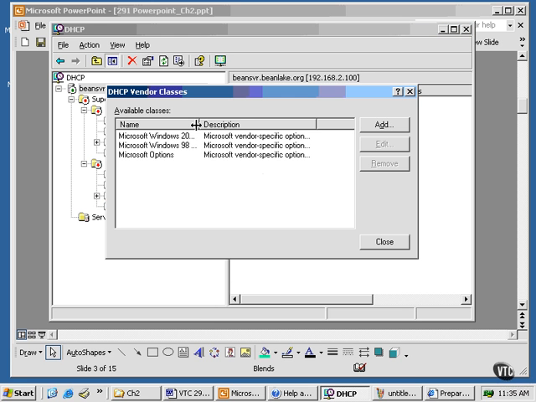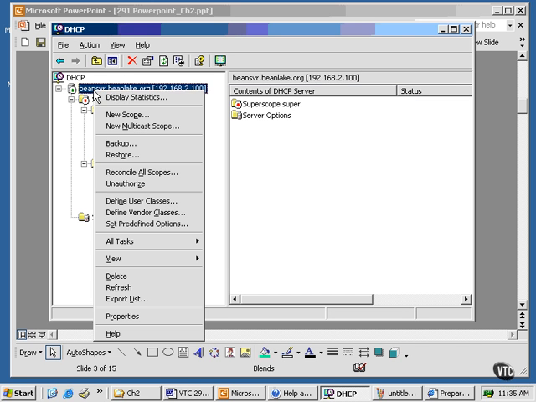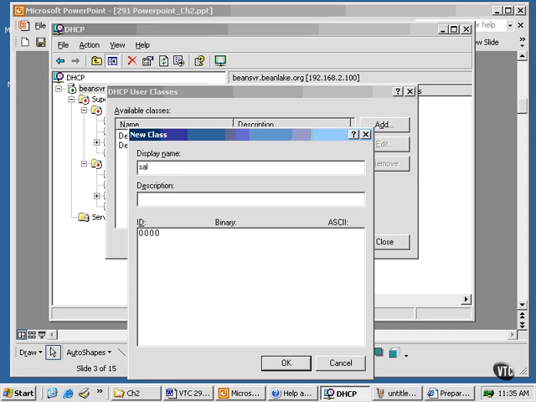The vendor classes, again, notice some of these are predefined Windows 2000 options so that clients of a certain operating system can be configured to get a specific option. You can define your own by defining user classes, and there are a couple predefined ones here. To add to either of these, simply click on Add. The display name, maybe call it Sales, and then down here in the Value area of this New Class dialog box,